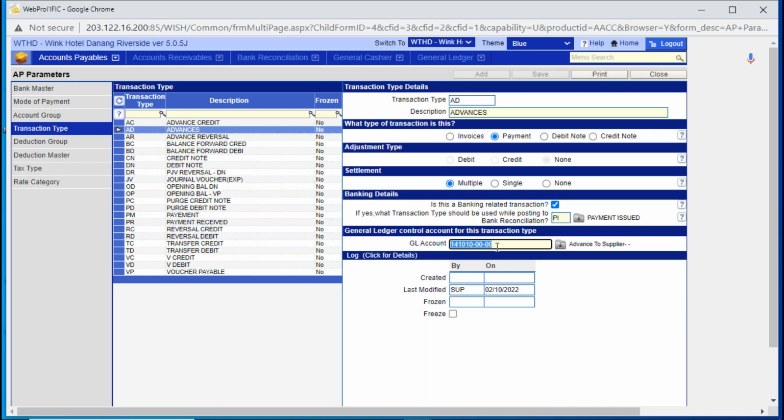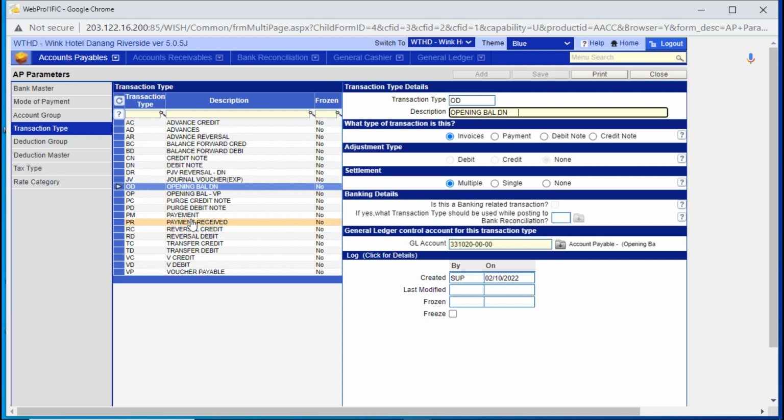However, in situations where the accounting rule which the hotel is following says that the advance to supplier is a separate ledger account code for us because it should be nullified only after the supplier has delivered the items and the bill or invoice has been received, in that scenario, for this advance transaction type, the ledger account code that you will define here is advance to supplier. You are not required to define any ledger account code